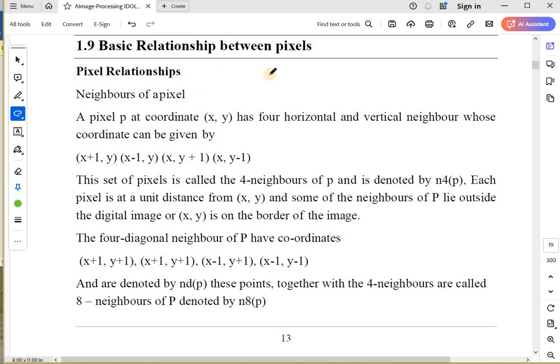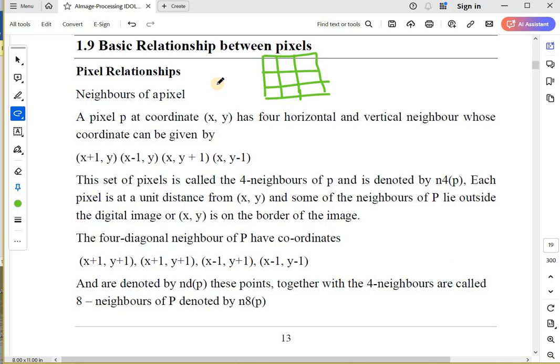So we have already seen that when an image is shown as a matrix, every individual cell in that matrix is considered to be a pixel. Correct? Pixel is the smallest element. You either call it a pixel or a picture element. Okay? So there are certain relationships that a pixel can have, and the very first relationship is the neighborhood of